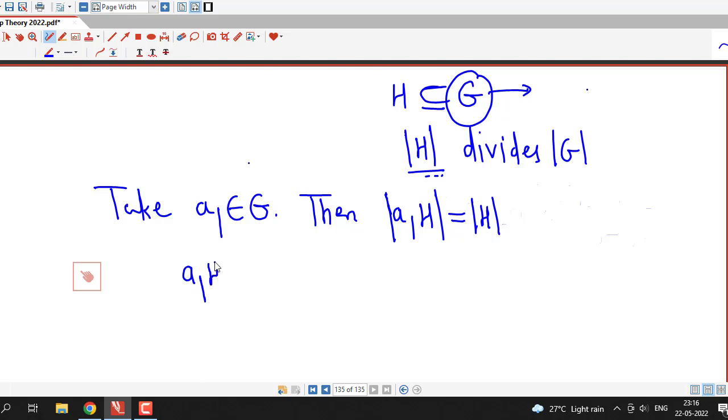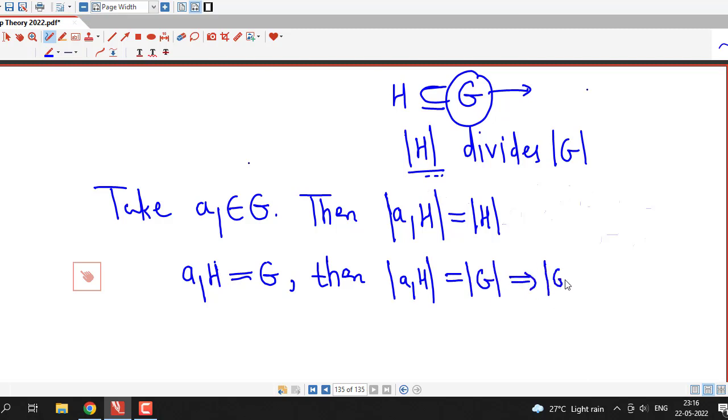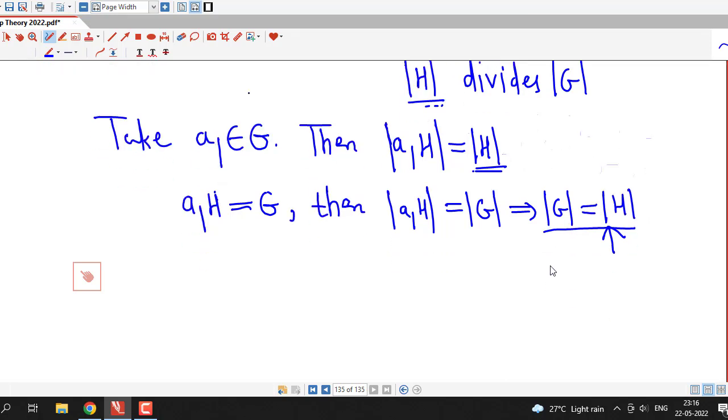Now suppose this left coset A1H is equal to group G. Then we will say that order of A1H equals order of G, and this implies order of G will be equal to order of H, because order of A1H is equal to order of H. So we have shown that order of H and order of G are equal, therefore order of H divides order of G. But if A1H is not equal to G,